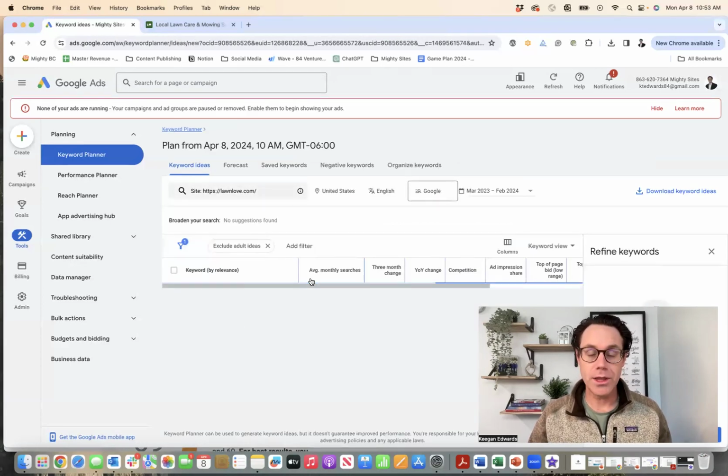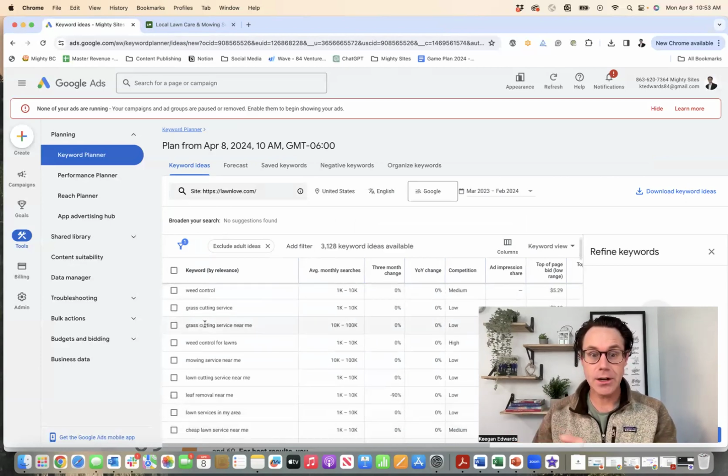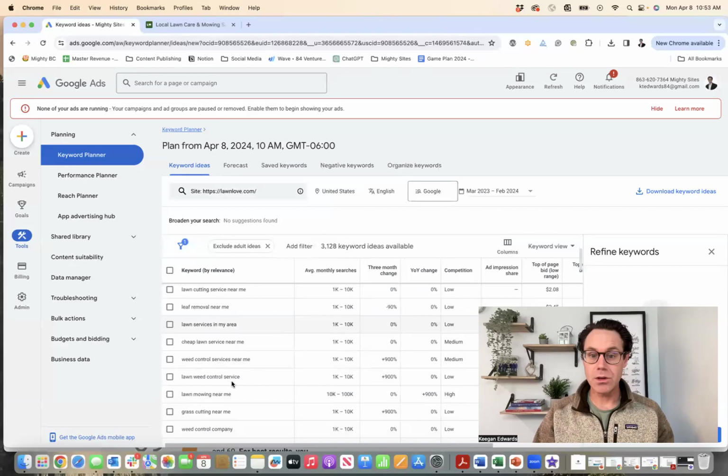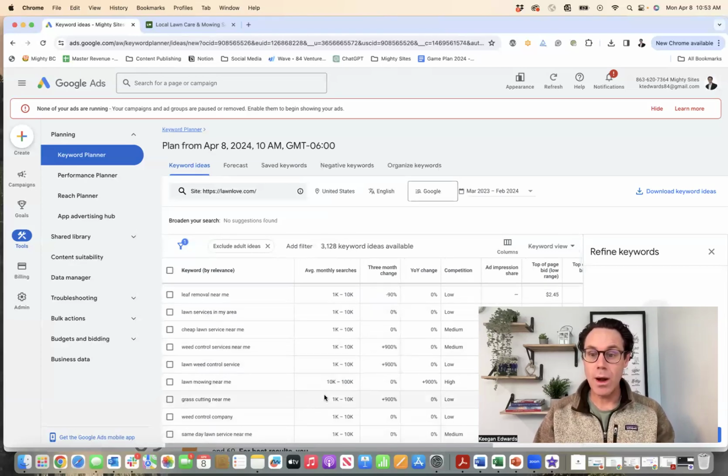And then the really cool thing here is Google is going to look at your website for context and understand what it is you offer, and then give you keyword ideas, grass cutting services near me, grass cutting, weed control. And now these can help you build blogs or just build more content into your pages and write more things that are relevant to what it is you already do, to building keywords that you know have good volume for